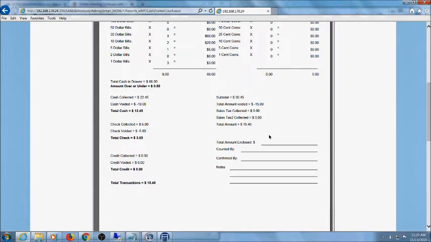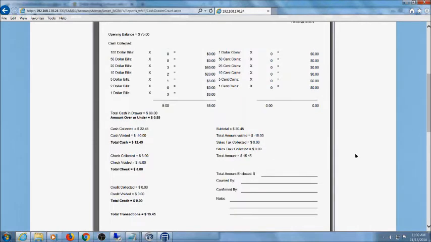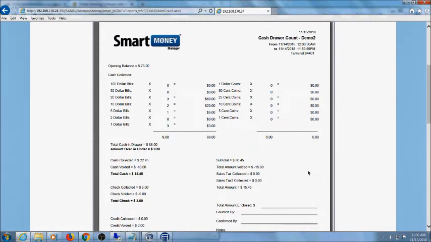In any event, when you print this report out, there's a place for you to enter the actual amount of money that you're enclosing, for you to sign your name. If there's a second person counting it or confirming it, there's a place for them to sign their name. But most importantly, there's this notes field. So if there is a discrepancy and you have any information to add to why it's over or under, like you forgot to give so-and-so back their change, or the roll of quarters was too short, that's great, because those notes explain the difference and will save a lot of time for the business office trying to figure out why